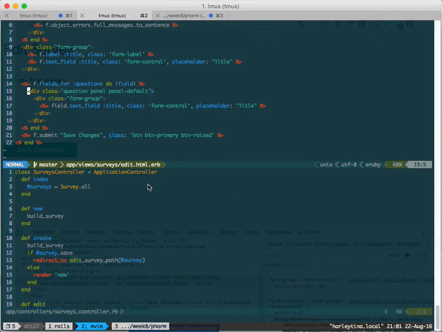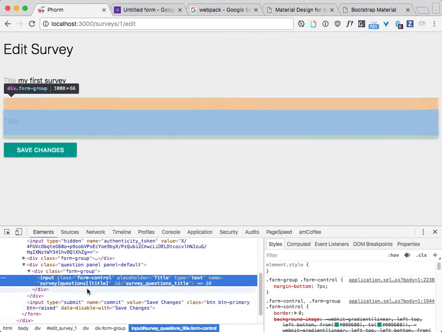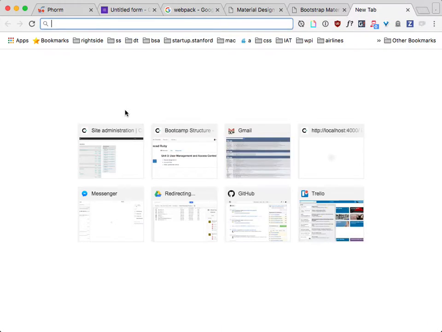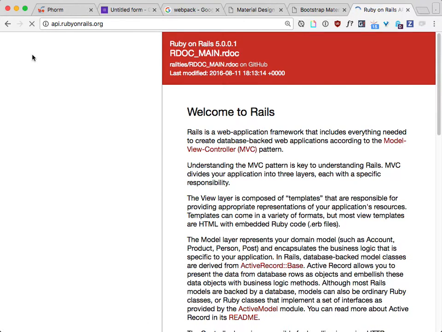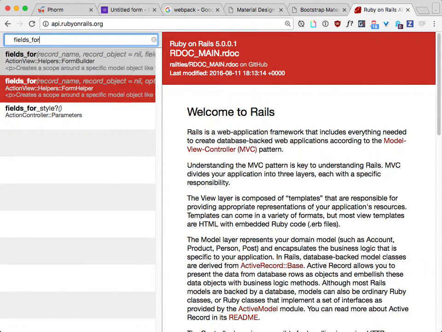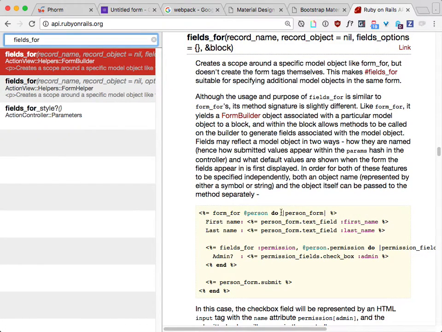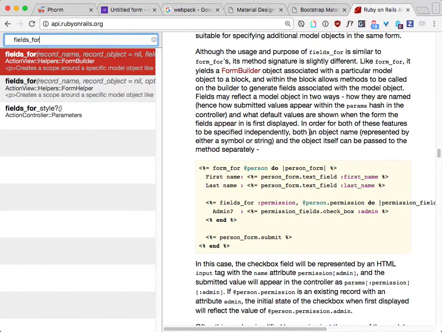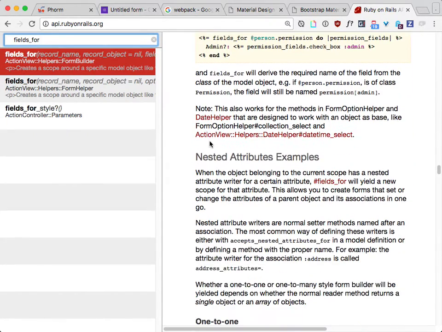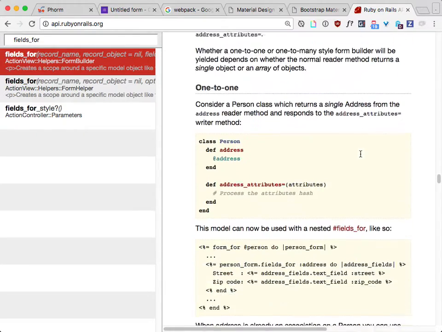Now, right now, fields_for doesn't understand. It only understands that, okay, you want something called questions, I give it to you, and then you have this object, so I just display it to you. If you're confused, go to fields_for here. Say form builder, okay. And when you do fields_for